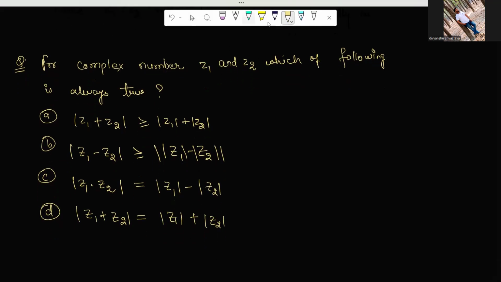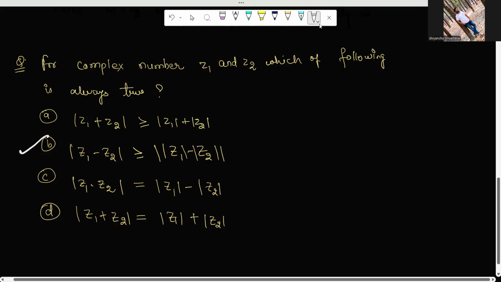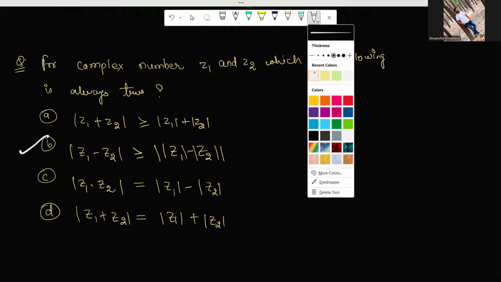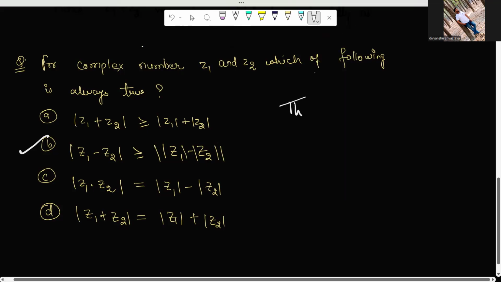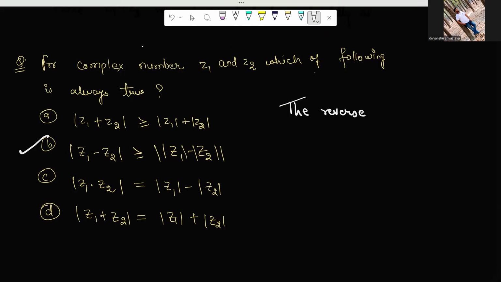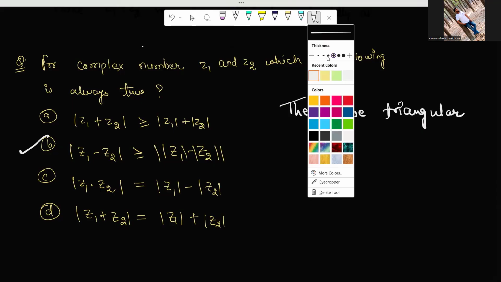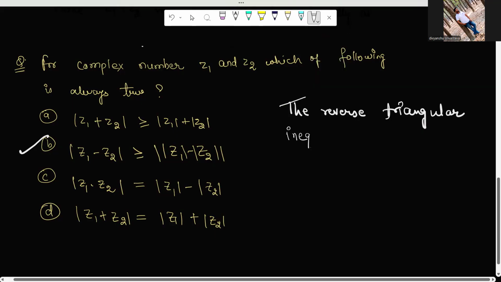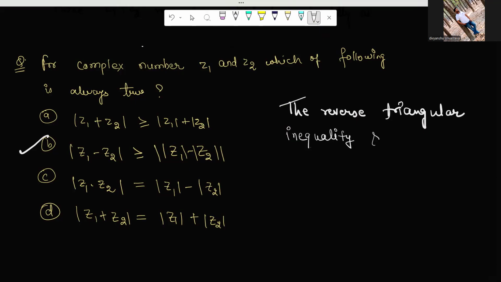So how to solve this question? This type of question, I think option B is correct, but how do we say that this option is correct? For the reverse triangular inequality, the reverse triangular inequality states that